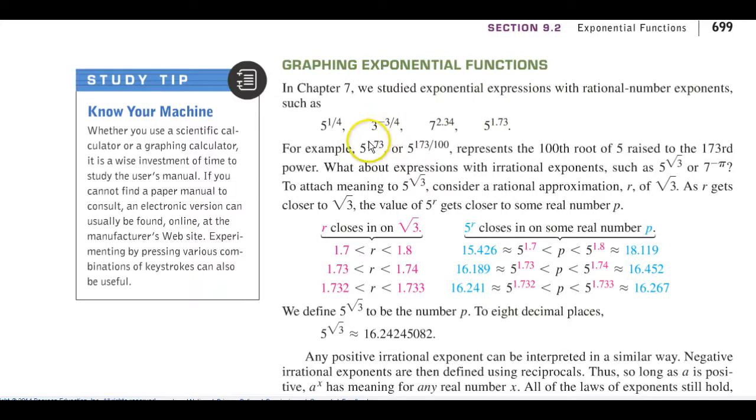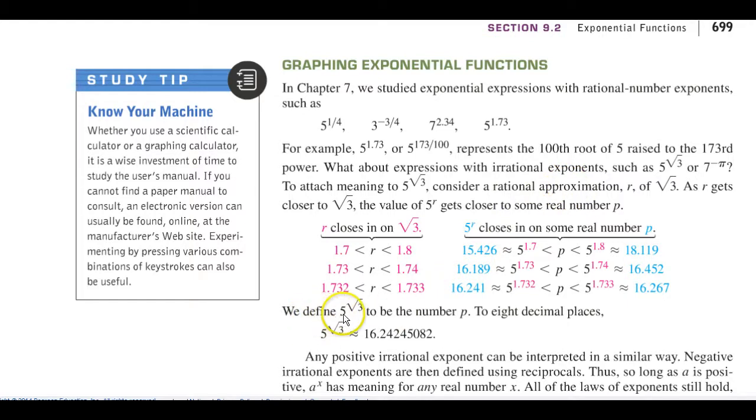Now here they're just showing that if you have them in this exponential form, that as you add decimal places to make the number more and more precise,